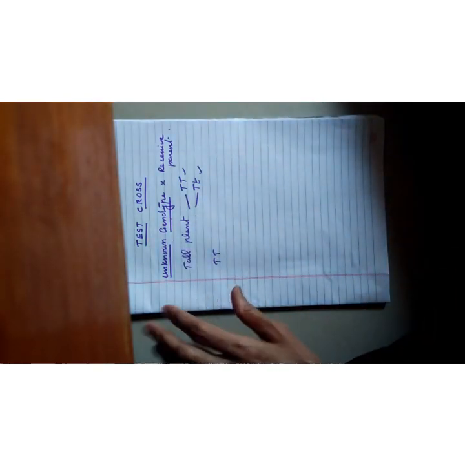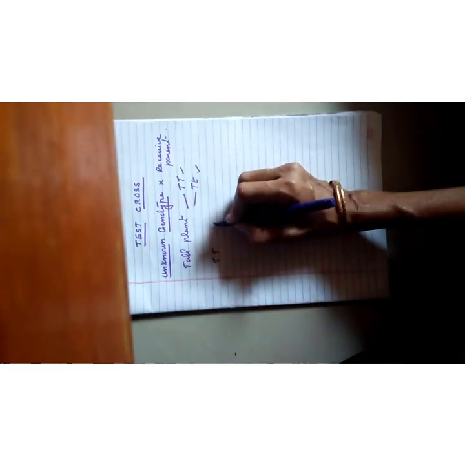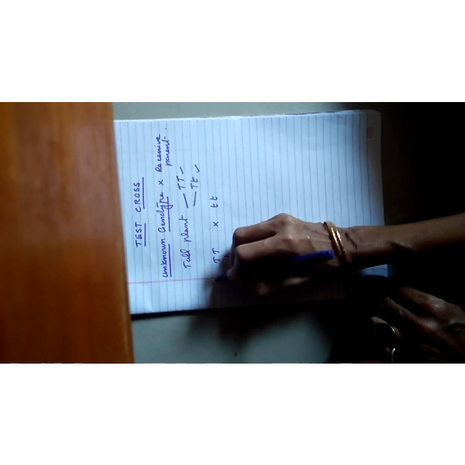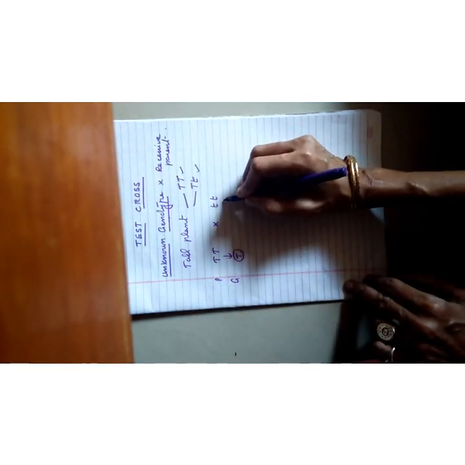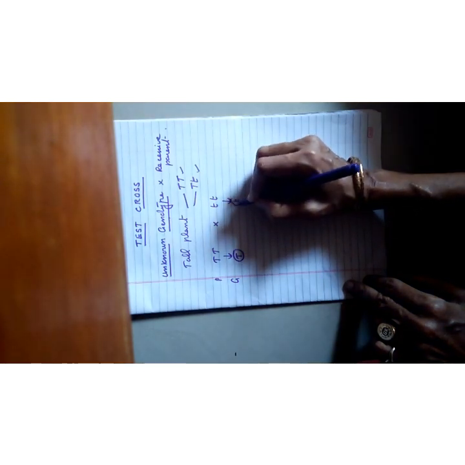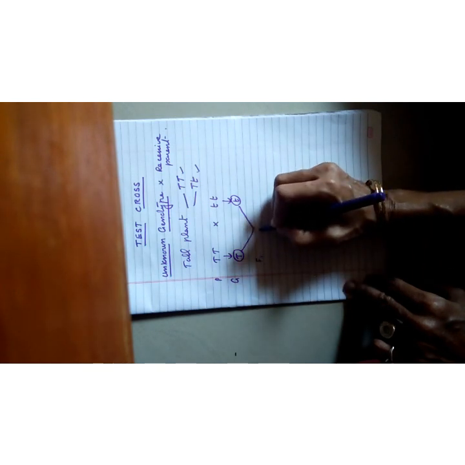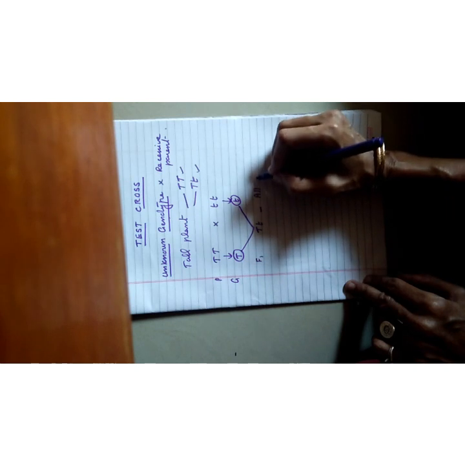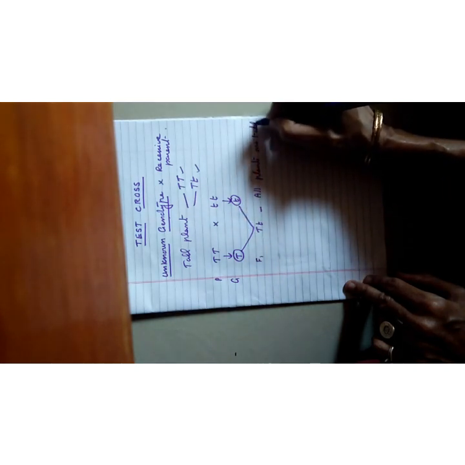So first let us take, I am considering the plant is homozygous tall. I am not knowing, but I considered the plant is homozygous tall. And I am crossing it with the recessive one, that is dwarf one. So during gamete formation, homozygous condition, so here it is capital T. Here also homozygous, only one gamete, small t. After gametic fusion, in the next generation, I am getting capital T, small t. So all plants are tall.